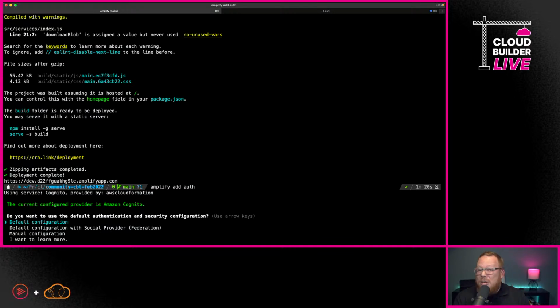But that being said, you can do this for a fraction of the cost of using other solutions like Okta, for example, or Auth0 or any of those other solutions. It's going to be quite a bit cheaper. As a matter of fact, it's going to be free up through your first many users. I forget the exact cap there, but there's a huge point where it's completely free to use Cognito.